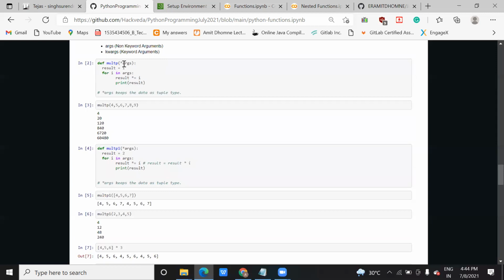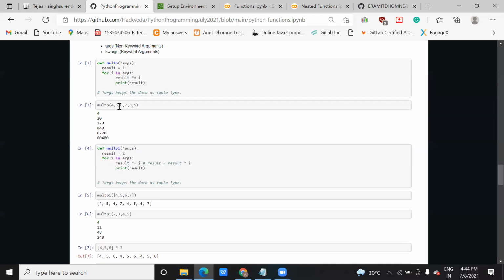But when you add an asterisk, in that case, it will act as a kind of an array. This array will accept the values in sequence. So that is the reason this loop will run six times, based on the number of values you pass.